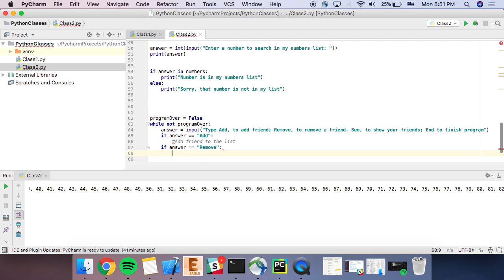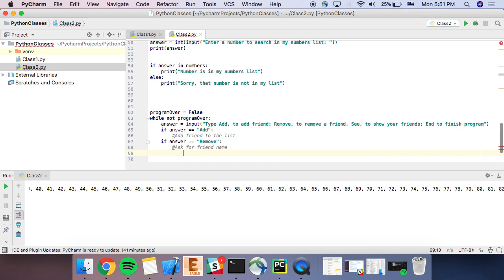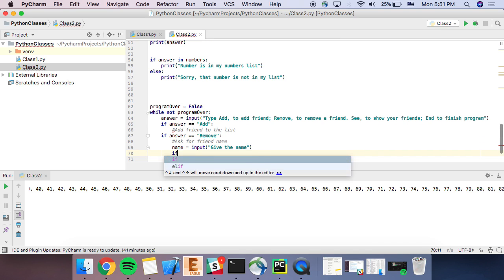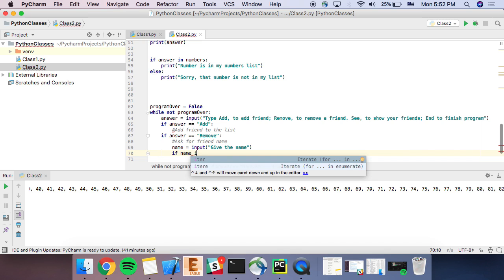So we are gonna ask for the friend name, and we're actually gonna have an if statement here. If the name is in the list, we're gonna delete that. If not, we're just gonna tell him, sorry, it's not in the list. So we're gonna have name equals to input, give me the name, like show me the money. Okay, so if name in